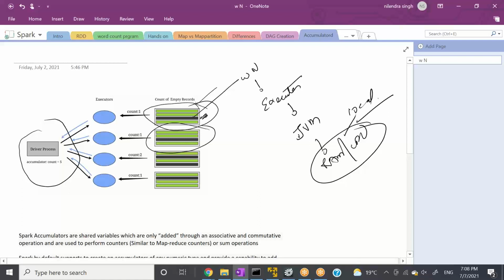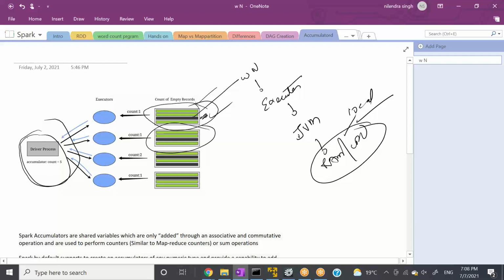JVM is Java virtual machine. But if we want to see the result from the executor on the driver, let's say we want to count the number of empty records on each partition and publish it onto the driver, we will go for accumulator.